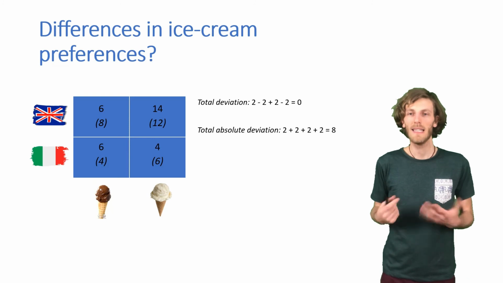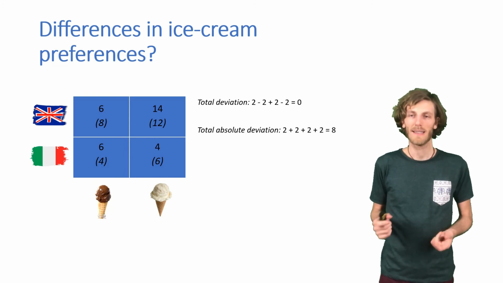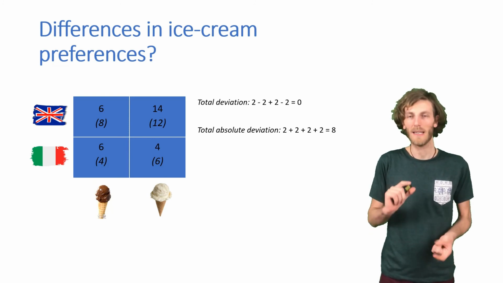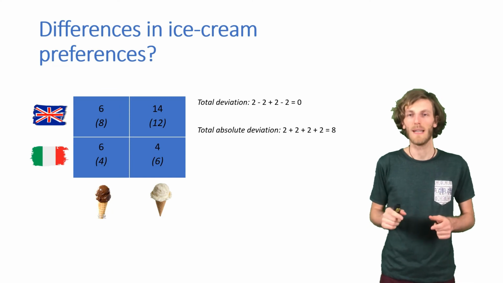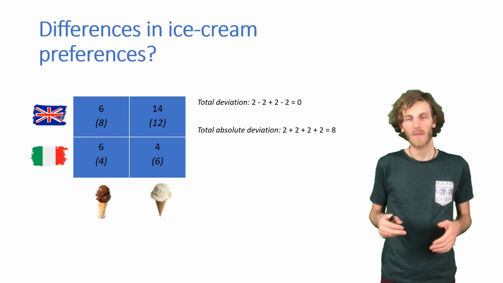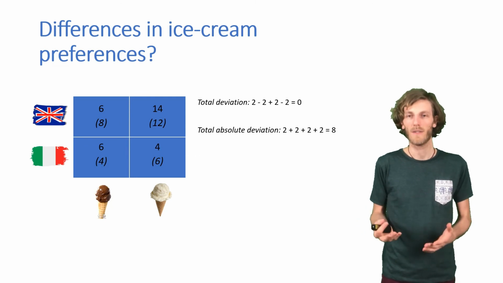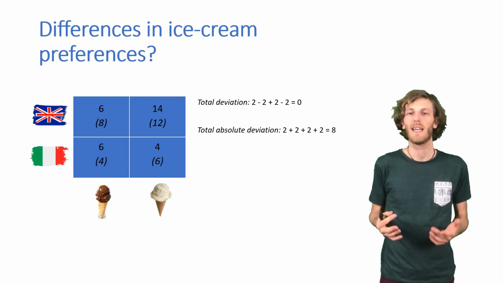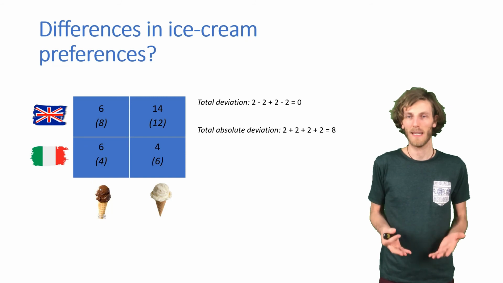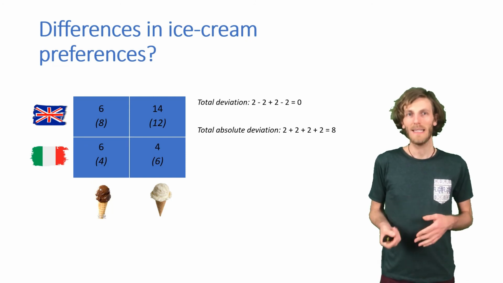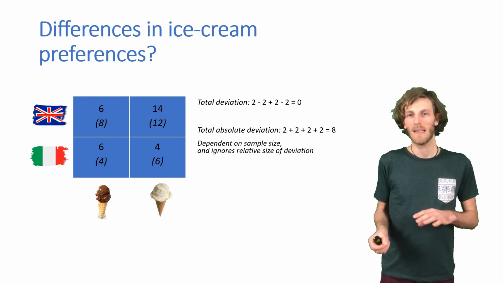So in that case, in each of the cells, there's a difference of 2 between the observed and the expected number. So we could do this. We would arrive at 8 and we could say, well, our observation is 8 people away from the expected null distribution. However, this is not ideal because it